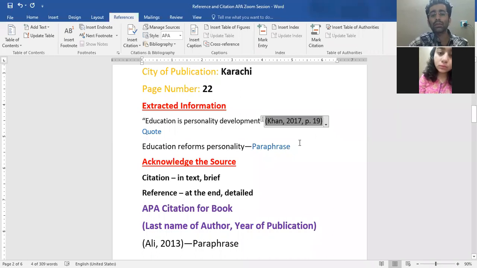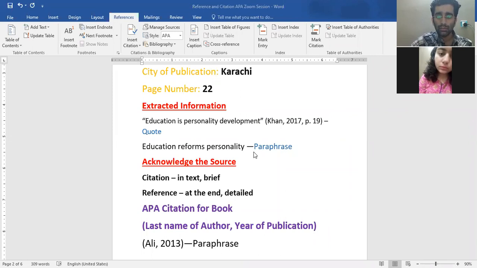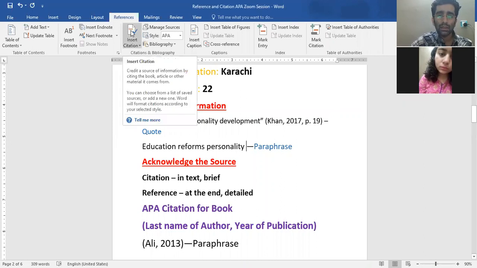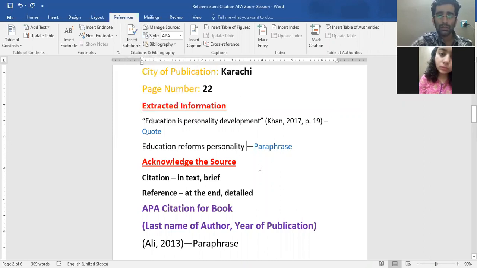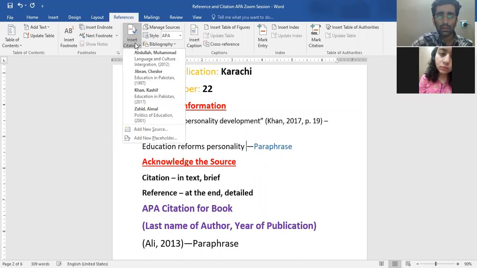Right. So, but for paraphrased information, you do not need page number. So we go again to insert citation and then we pick the source.